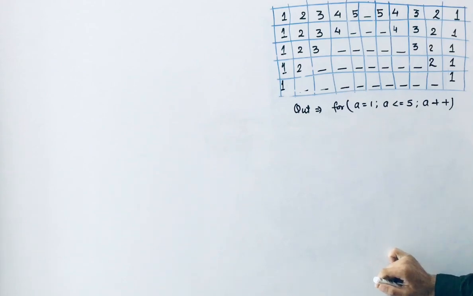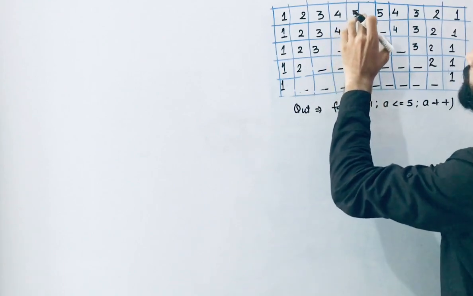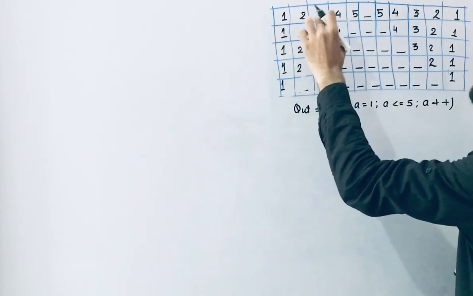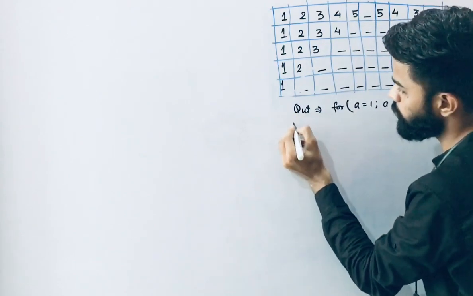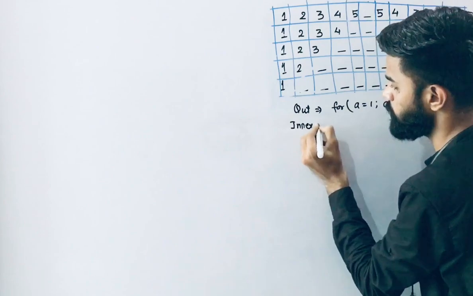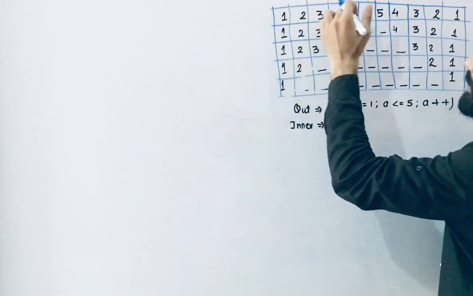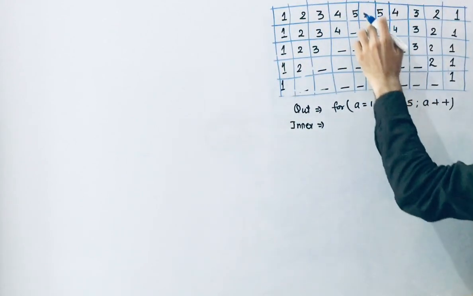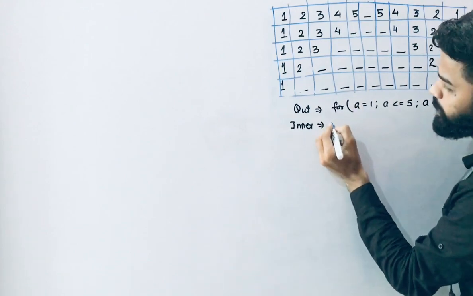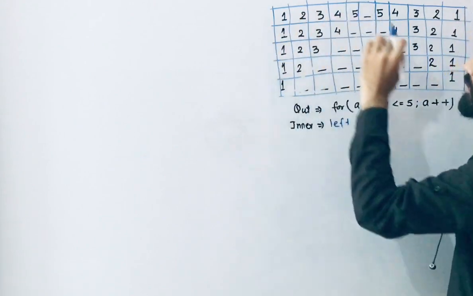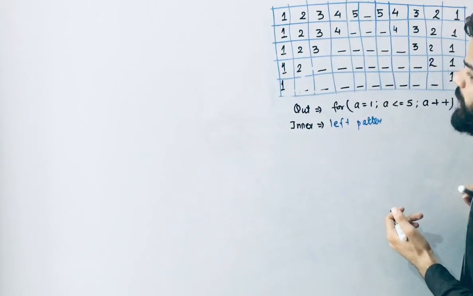So we need to be very careful, because this is a very complicated and tough pattern. Not too tough, because if you try to understand this pattern in an easy way, then definitely you will be able to understand. So now 1 2 3 4 5, 5 4 3 2 1. In the inner loop, what do we need to print? I always call this pattern the left pattern and this pattern the right pattern, and this one is our space. So now I am going to print the left pattern, this one.